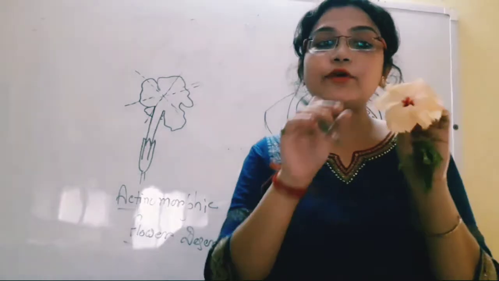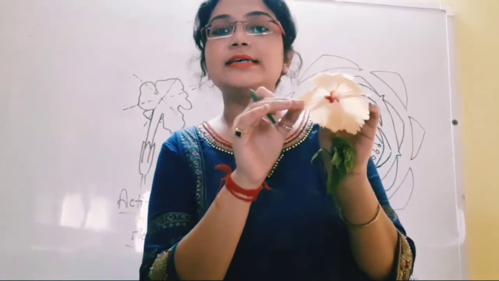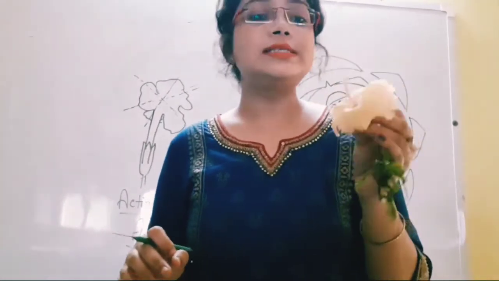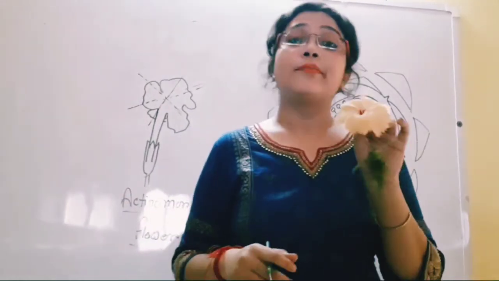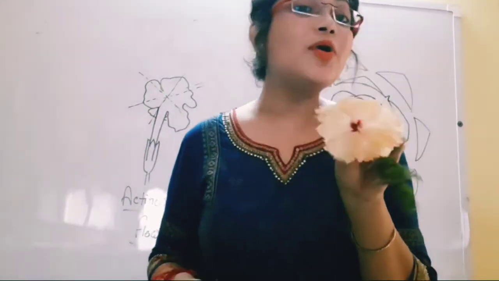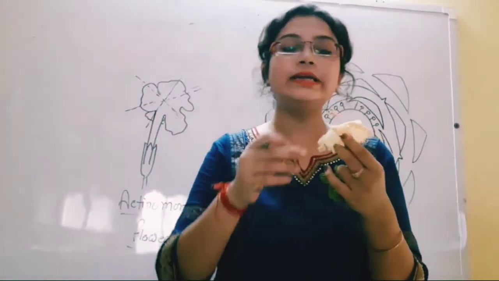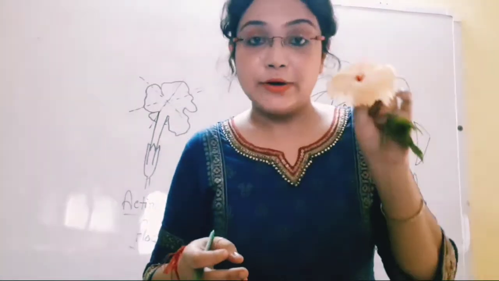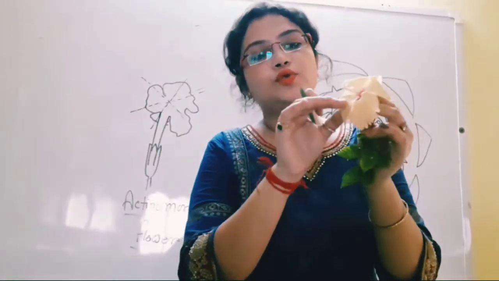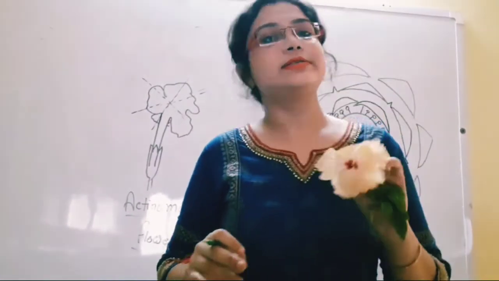Now is the time for the colorful one. Yeah, this is the colorful part. They are known as petals. We all knew it. But what is the technical term in biology? This is the corolla. So corolla contains a group of petals. For this flower, 1, 2, 3, 4, 5, 5 petals are there.